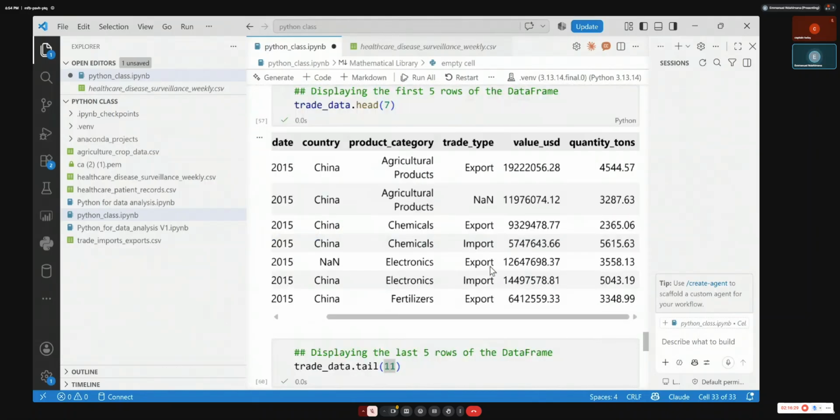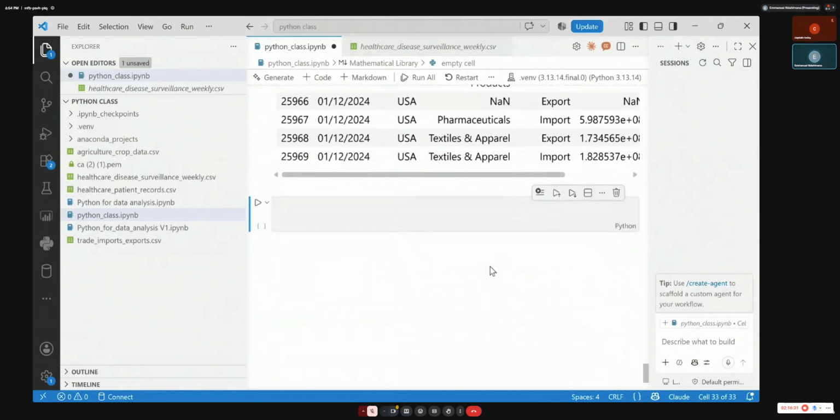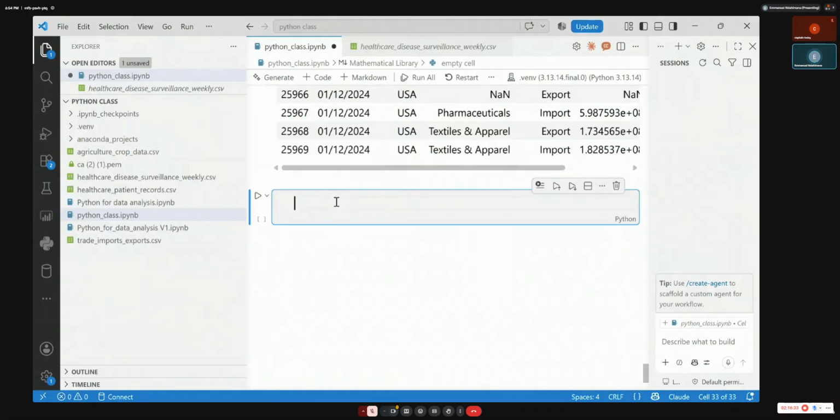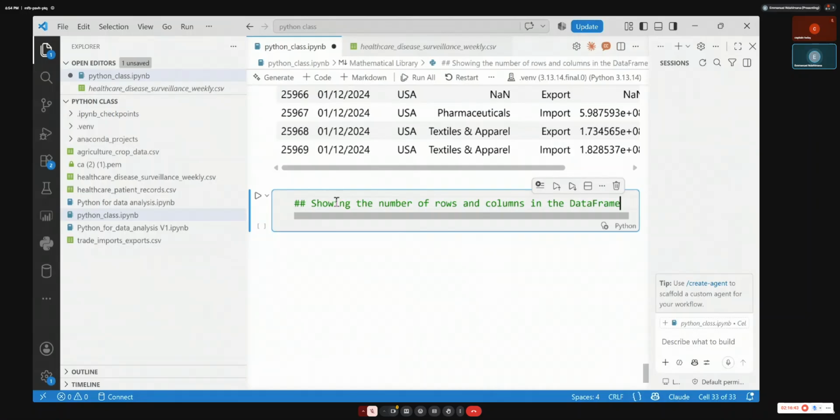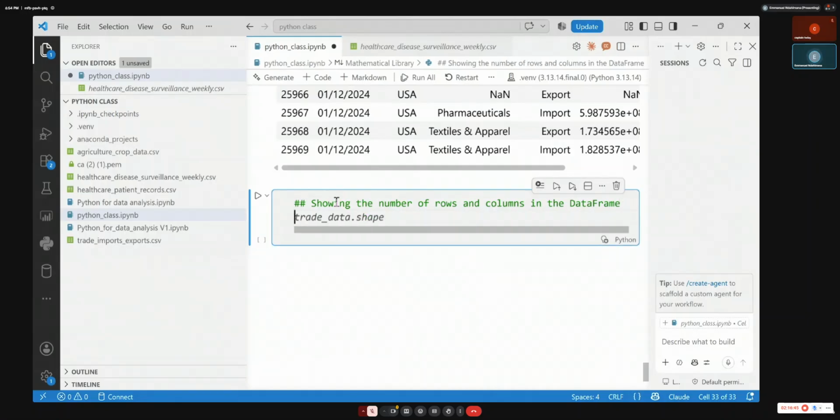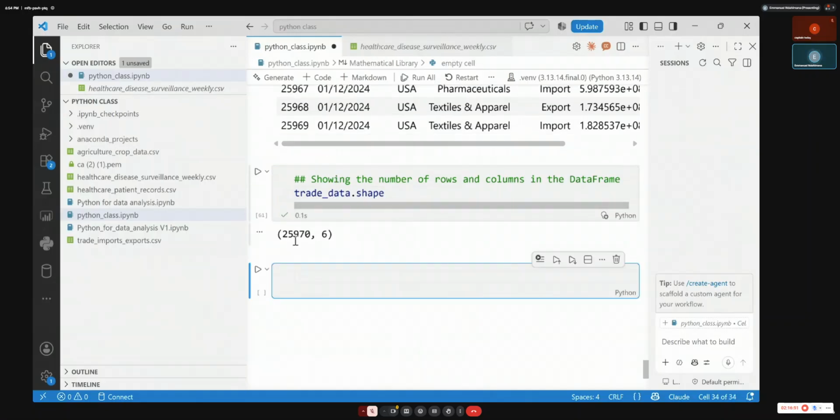If I need to know the structure of the table and know how big my data is, I can use this, showing the size, the number of rows and columns of the data frame. You use the shape. You see that? The function is called shape. You take your data frame dot shape. If I do it like this, it will tell me that I have these rows and these columns. You see? Rows and columns. Just the shape.